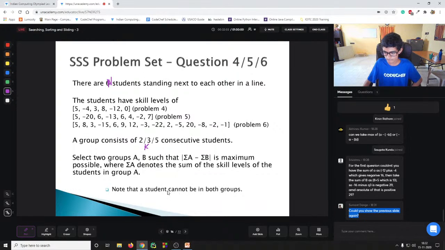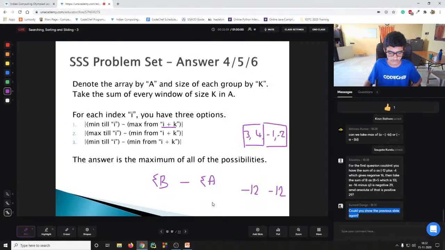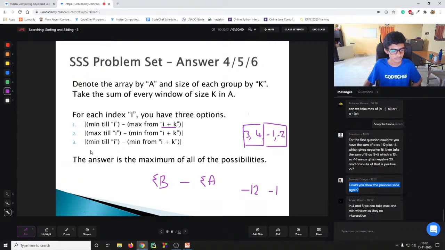And again, a student cannot be in both groups, so we are going to be starting from I plus k. Please remember that. So you might wonder why we are not taking the max till I minus the max from I plus k. Why are we not taking the max on both sides? So max minus max will never have a better value than max minus minimum. So if we take the minimum, we could potentially increase the value, but taking the maximum will always reduce the